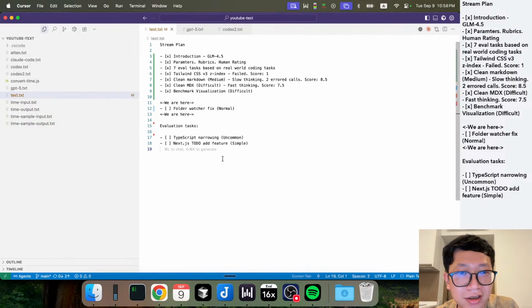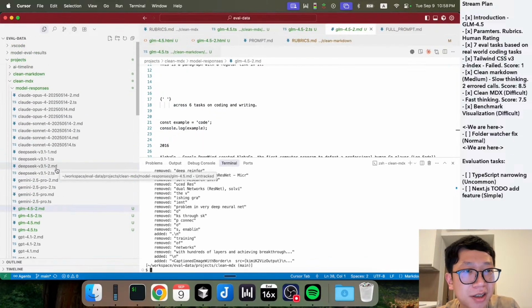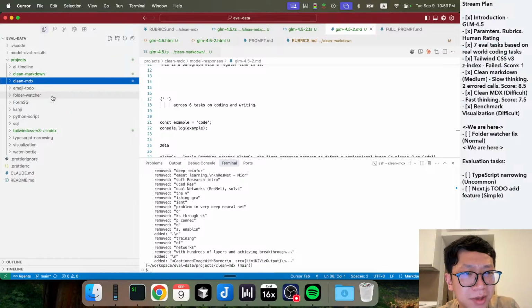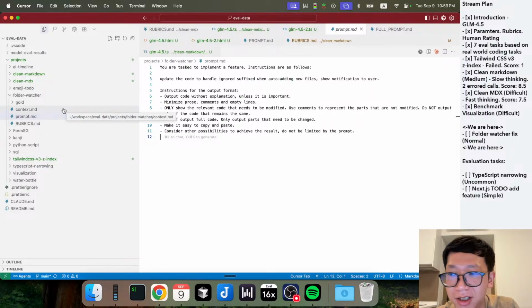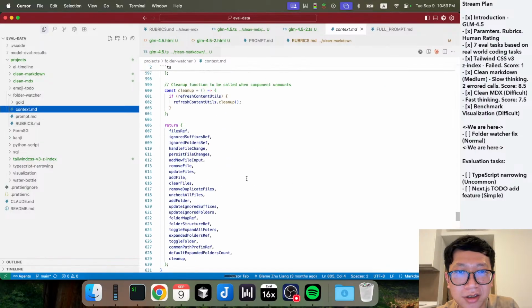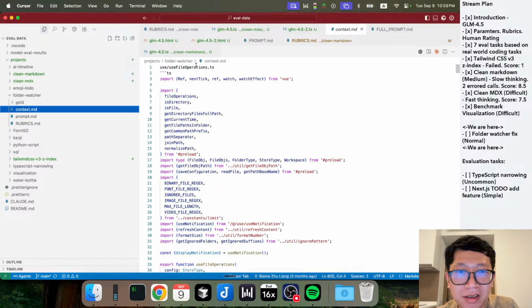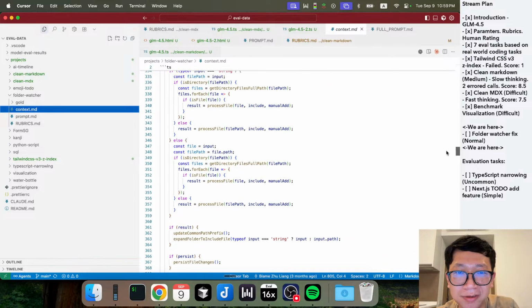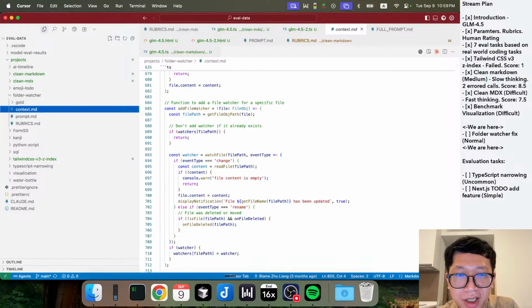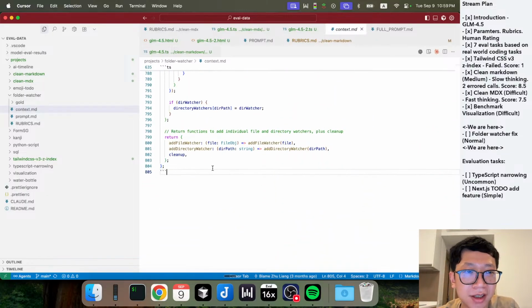So this is a task on Vue.js and TypeScript. Basically, it's asking the model to implement a small feature. I think the challenge is mainly in the context. So this is the context. That is a very long TypeScript file. So the model needs to find where to add the code in order to implement this feature, and